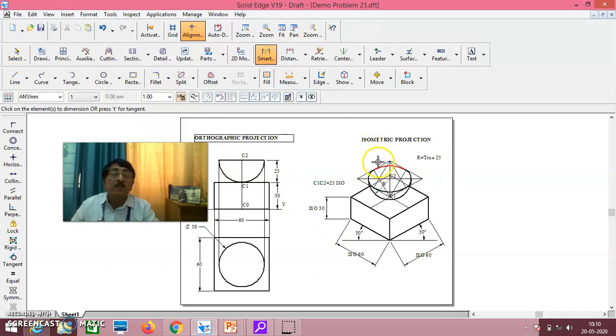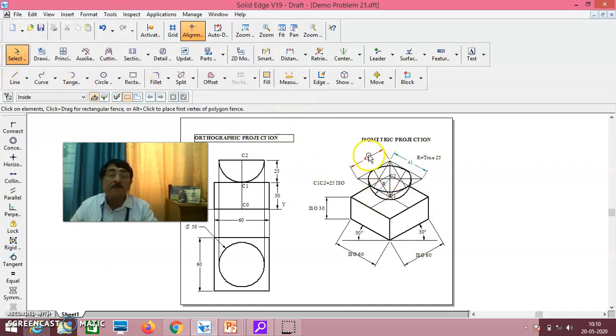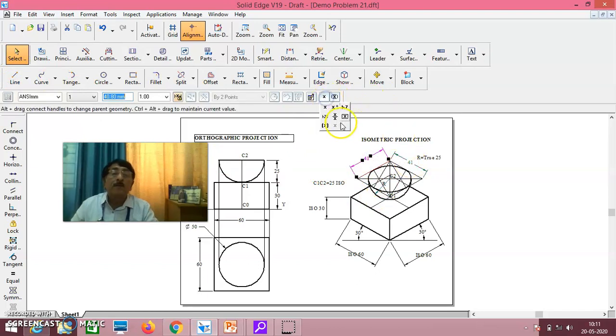This also you make it blank. This also you make it blank. This also you make it blank. And finally you call this ISO 50.